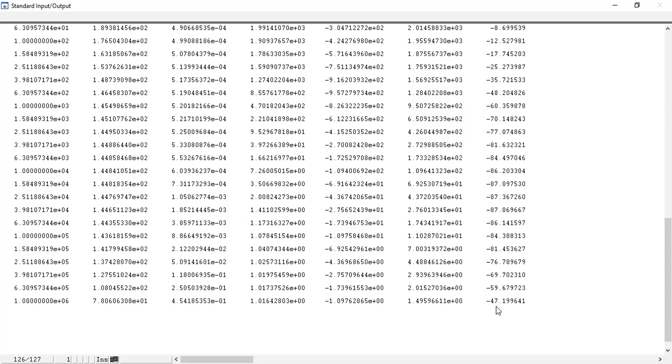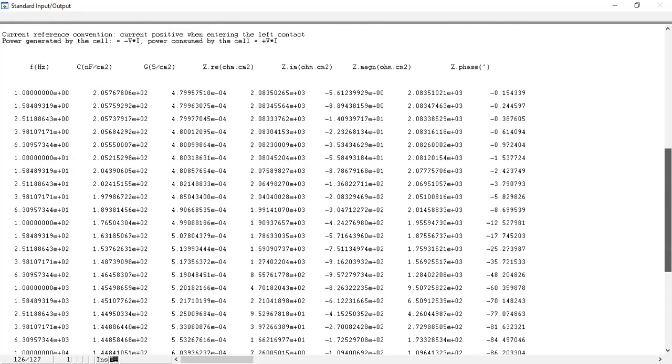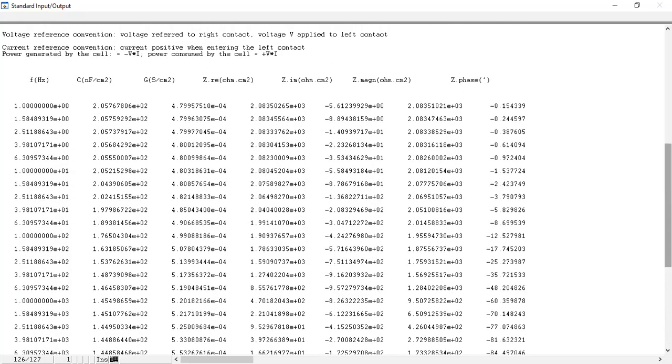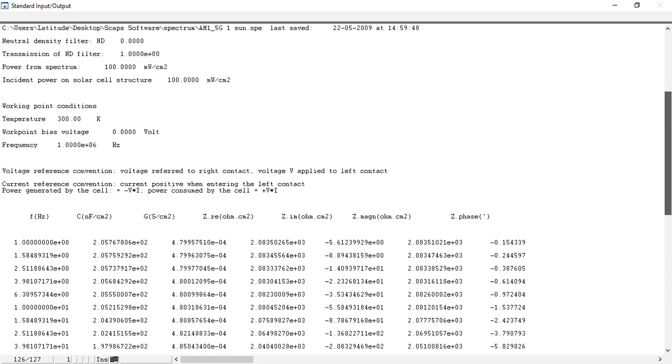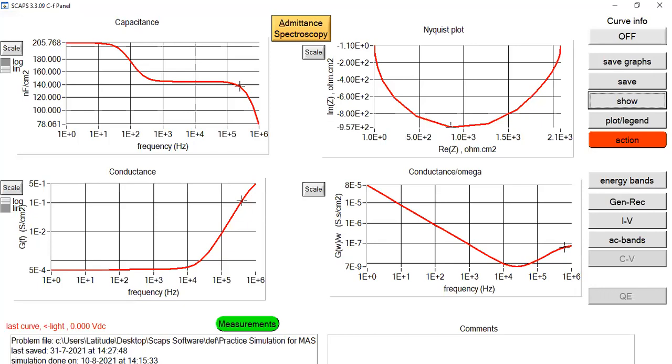7.19. So about the Nyquist plot, we just need to remember what kind of basic relationship it provides us. It is basically the graphical representation of the effect of the input AC signal on the impedance of our perovskite device. And we have already seen that there are two kinds of impedances, real and imaginary. So in today's lecture, I tried to explain some important things about the Nyquist plot,